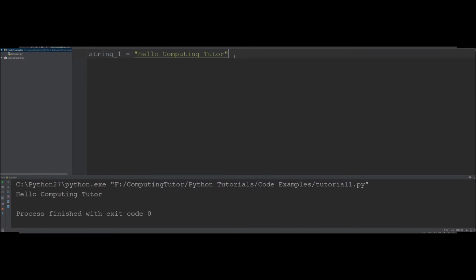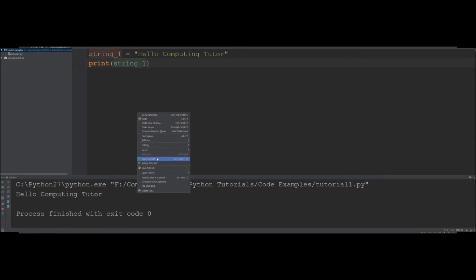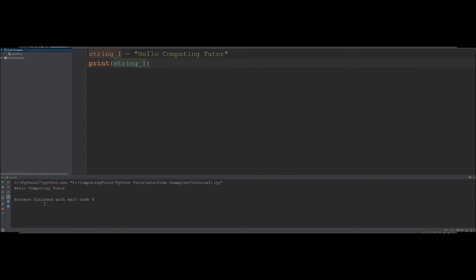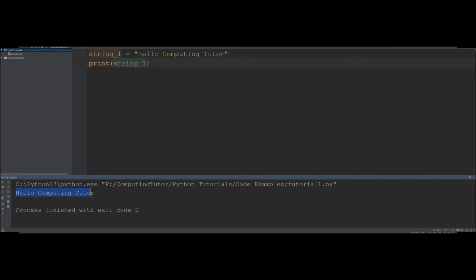What if I wanted to print out that string? Well, I'm going to do another line, and I'm going to do print string1. Okay, and I'm just going to run that, and you can see it's printed out hello computing tutor. It's printed out the string that we've saved up here using this command here. Okay,